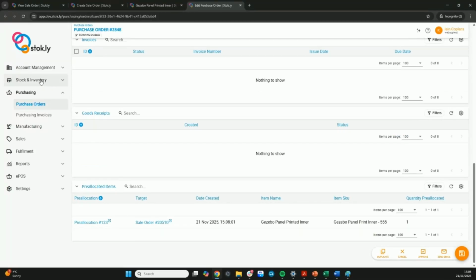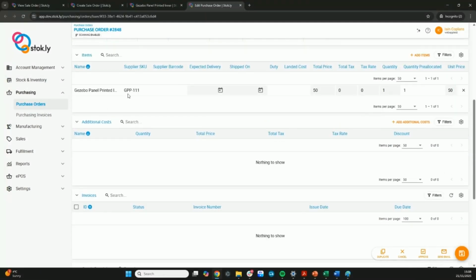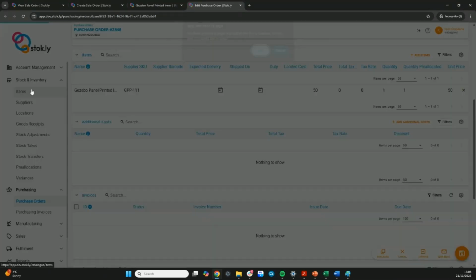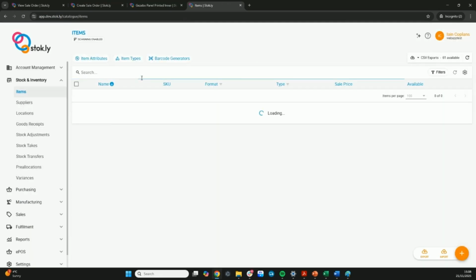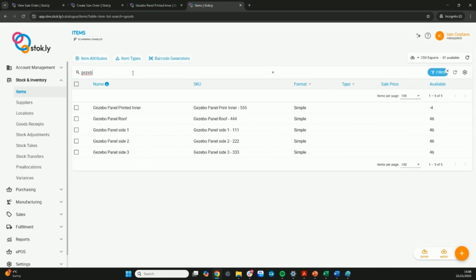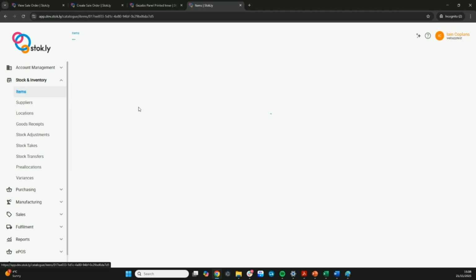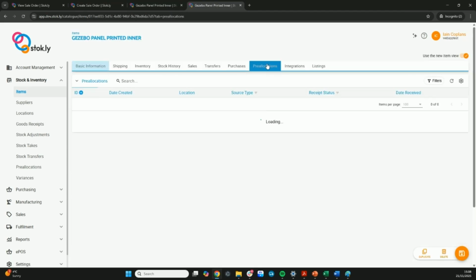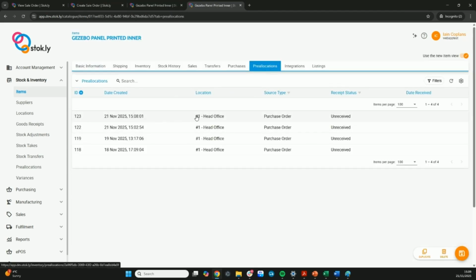You can also see this at the item level. And if we go into items, there we can see we've just created that pre-allocation. So we can